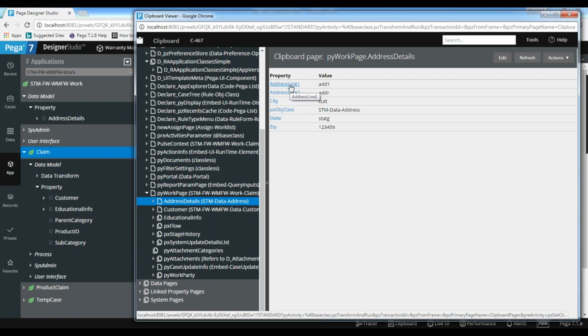So like that we will analyze the issue. If anything is not behaving as per expected, the first thing you need to do is start debugging with the clipboard. First you need to check the data in the clipboard. If you are not able to find the issue in the clipboard, then only you can go for the tracer. Tracer is a second level debugging tool that we will discuss in further advanced lessons.